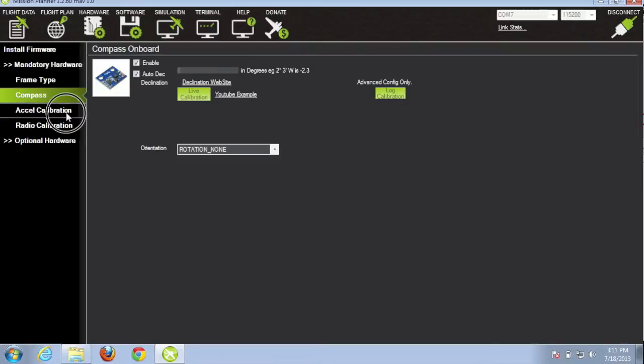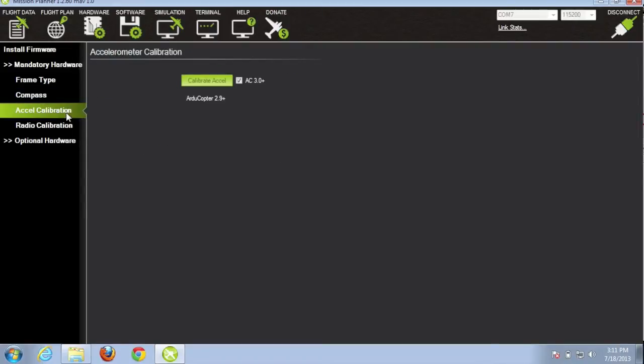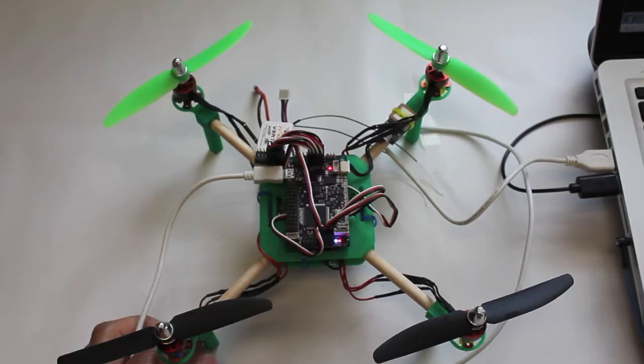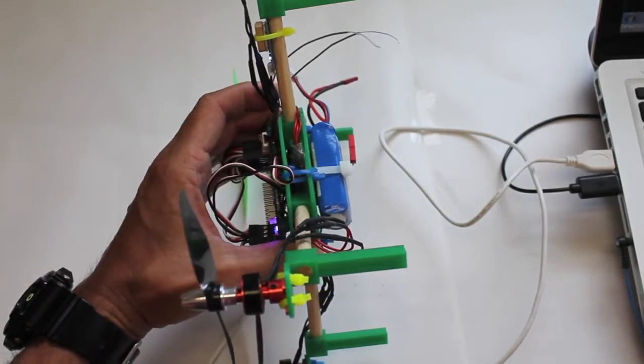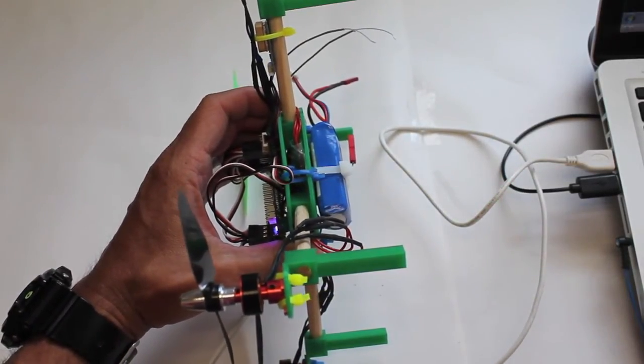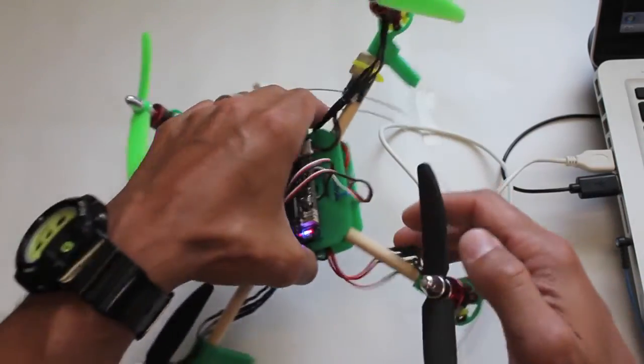The next thing we'll want to do is our accelerometer calibration. So I'll calibrate the accelerometer, and it'll tell me to go through a series of steps, and after each step, hit any key on your keyboard to proceed to the next. For step 1 of accelerometer calibration, we want to make sure the APM is level and then hit a key on our keyboard. And then it says to move it onto the left side. So I'm going to move the quad onto its left side and hit the keyboard. Then move to the right side,